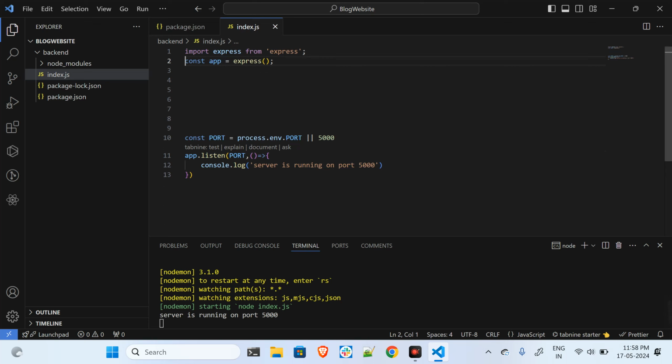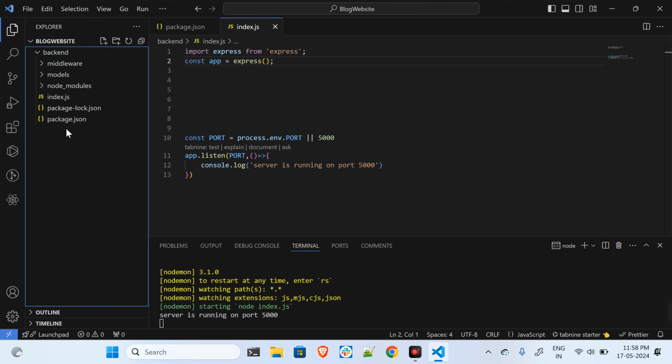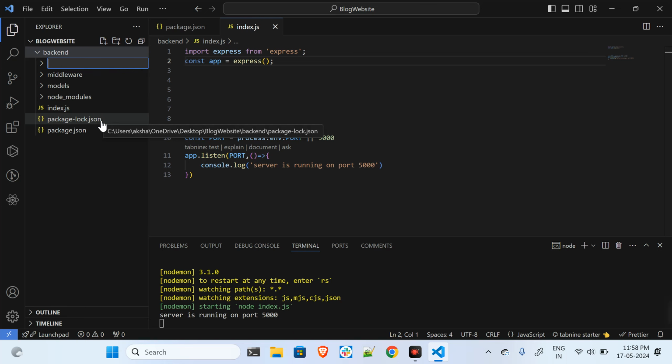So this is really very basic code of Node, and we will keep on adding the code to this. Now when it comes to the code structure of the backend, there are some things which I would like to add over here. Let me just show you the folder structure. It contains the models, and again it will contain the middleware, and after that we have the routes,